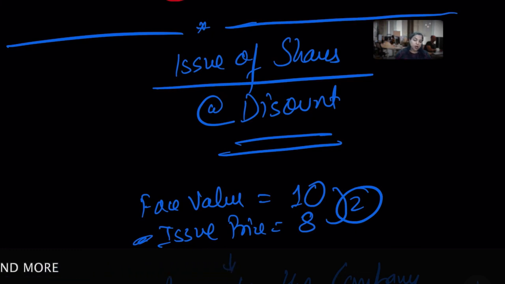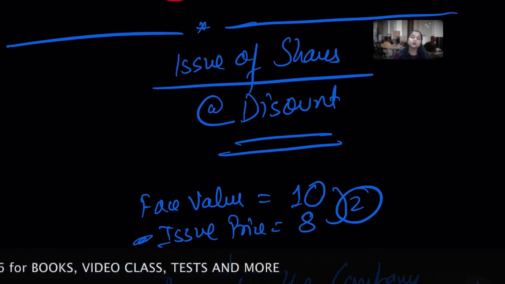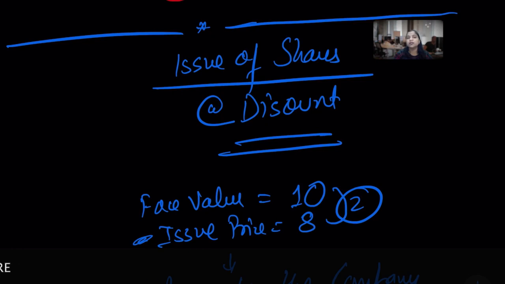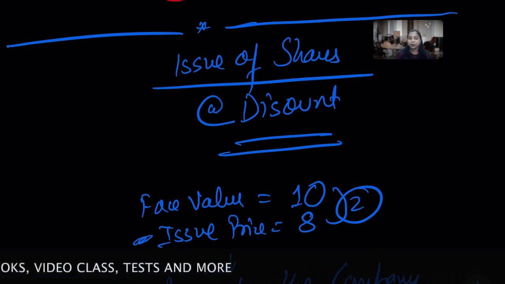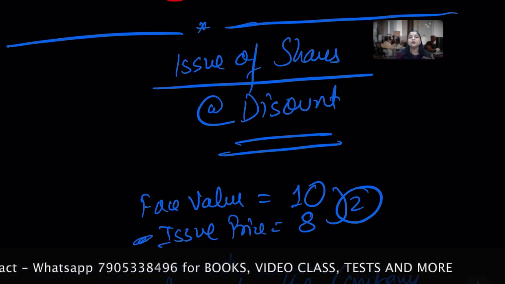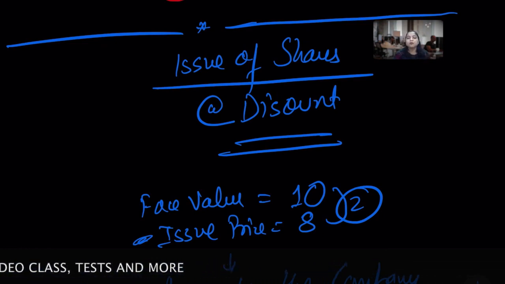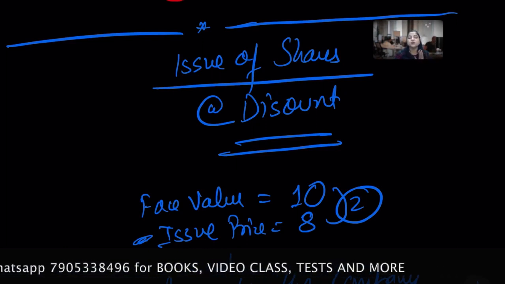So I hope I helped you understand the securities premium, issue of shares at premium and issue of shares at discount. We covered all 3 areas and understood in great detail the issue of shares at par, at premium and at discount. In the next session we will try to solve a few numericals, and after understanding those step by step, we'll also take up the call scenario, and the forfeiture and reissue. Everything we are going to discuss in very detail.